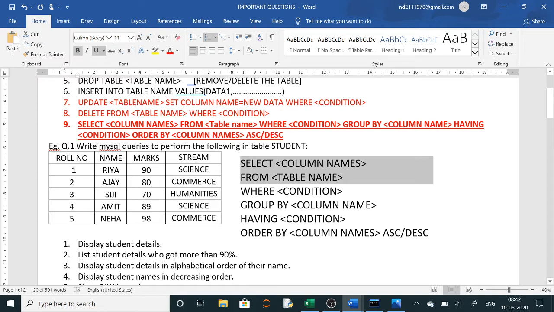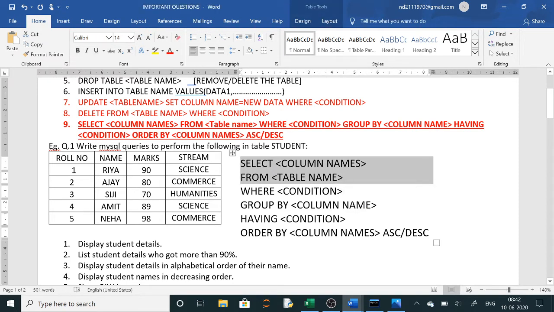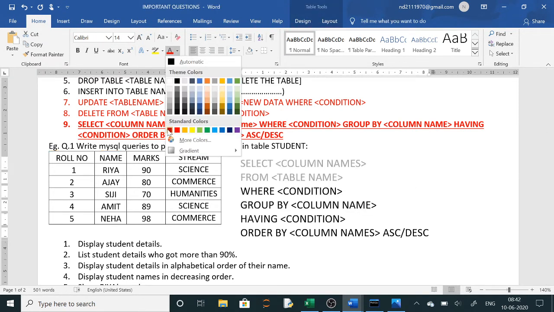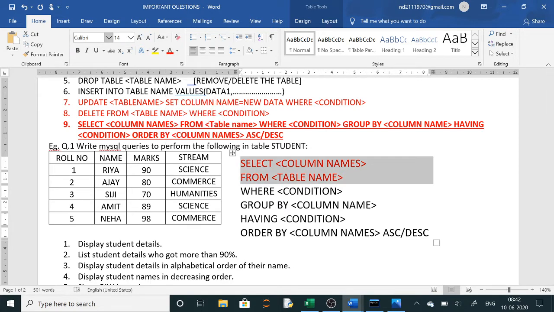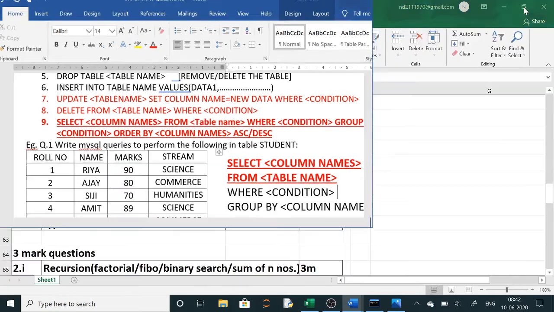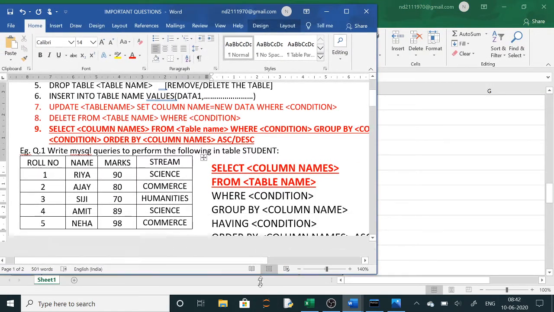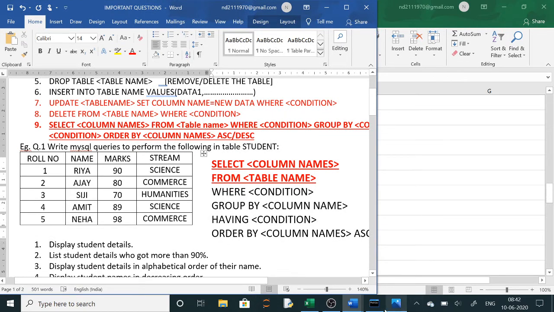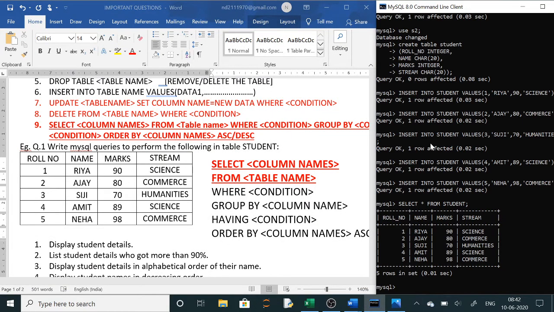Now in every query, the first two lines are important. These first two lines you have to always write, and if only this much is asked, then a semicolon is written after this. The rest depends on the question. Now look here, let us do it practically also. So we will start doing the answers. So let us solve it practically.